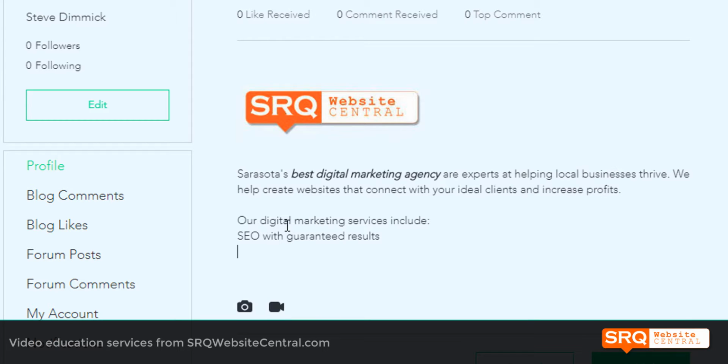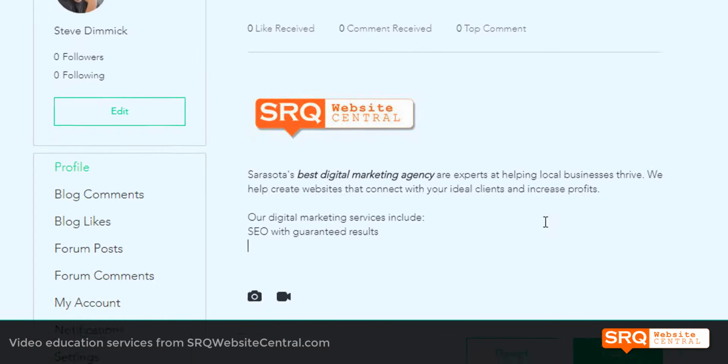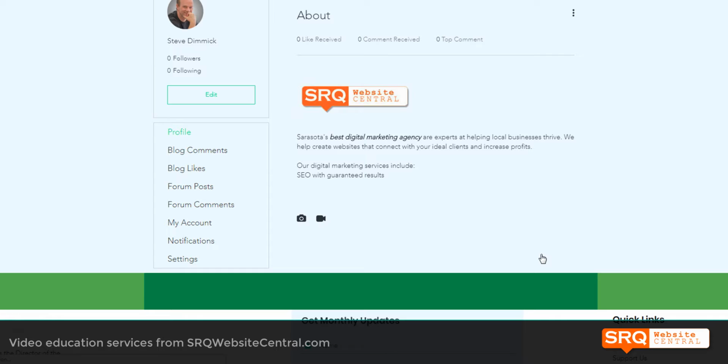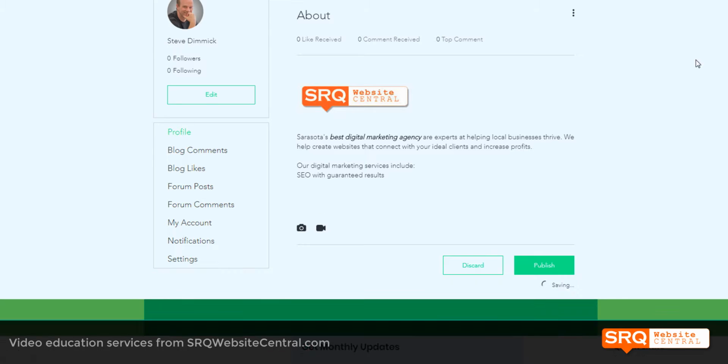Before I go too much further, what I want to advise you to do while you're doing yours is press publish. That way, if something goes wrong or you lose your internet connection in the middle of this, you don't lose everything you've been working on. As soon as you click in the box again, these buttons will come back,